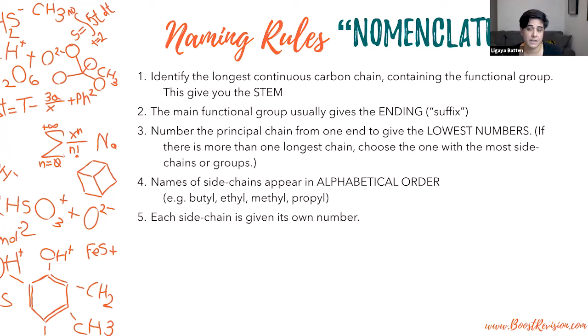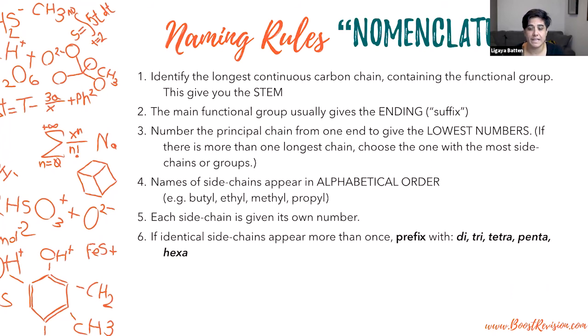Each side chain is given its own number. So if you have 2 side chains on the same carbon, they both get the same number, but it's said twice. And again, we'll look at examples of this in a second. So if you have 2 methyl groups on carbon 2, that would be 2,2-methyl, whatever it is. If identical side chains appear more than once, then you prefix it with di, tri, tetra,